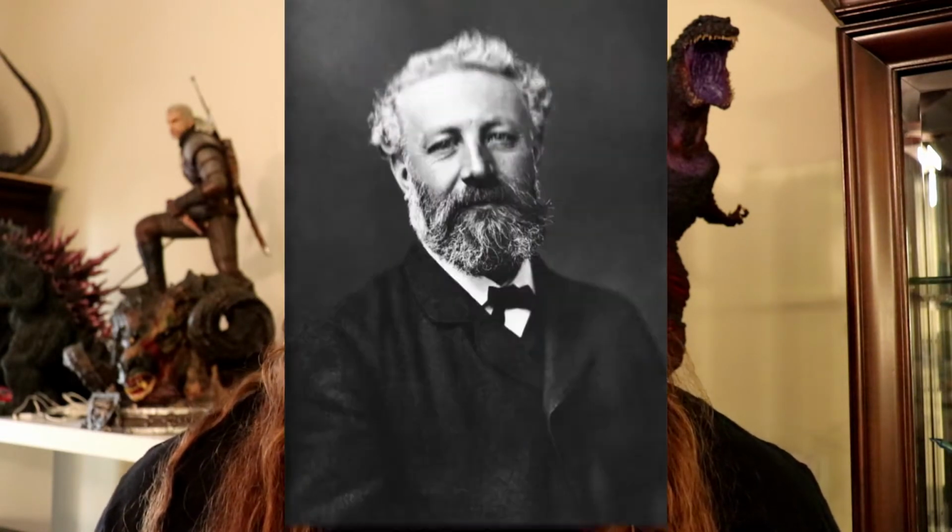So, Journey to the Center of the Earth is an 1864 novel written by Jules Verne. A lot of you, I'm sure, have at least heard of it. It's kind of a classic literature, right up there with War of the Worlds and those kinds of stories. Basically, it's a classic adventure story. And essentially, it is